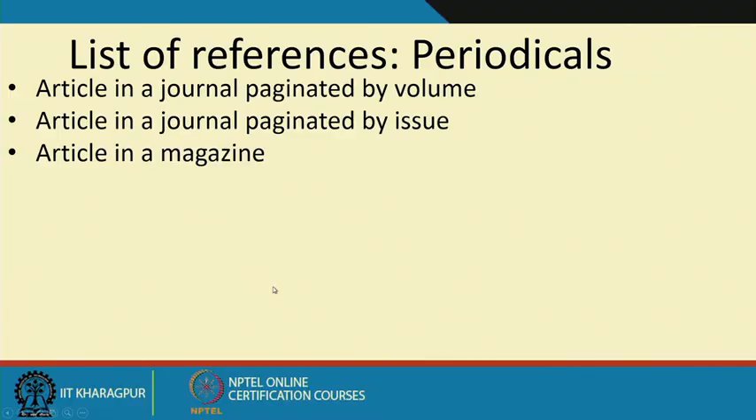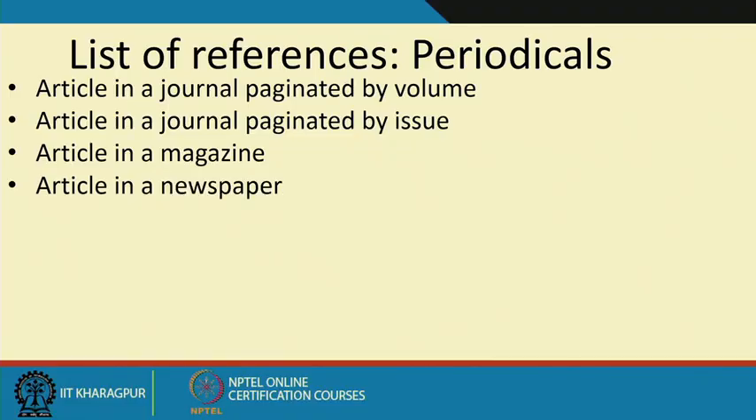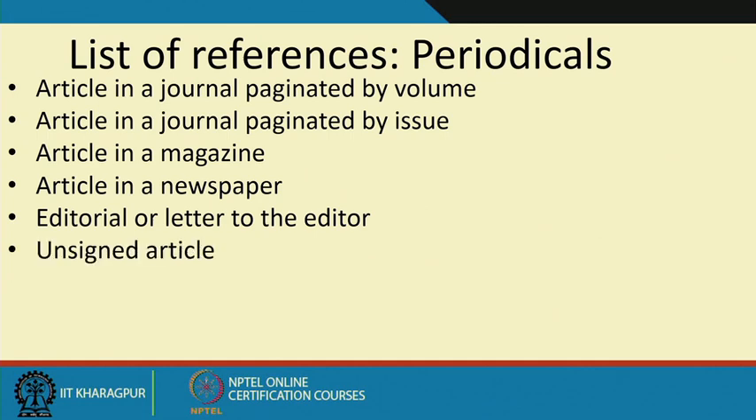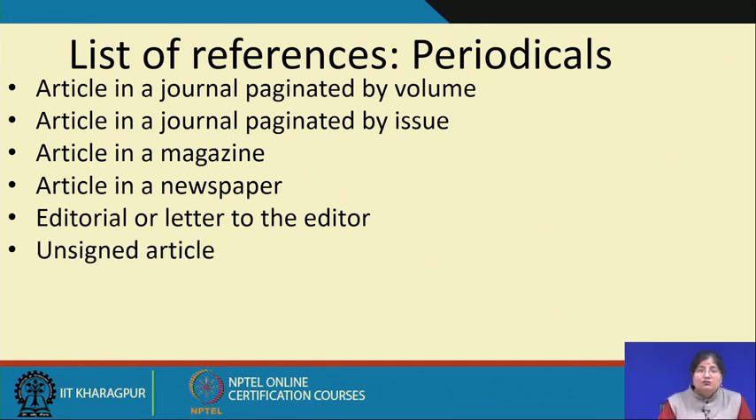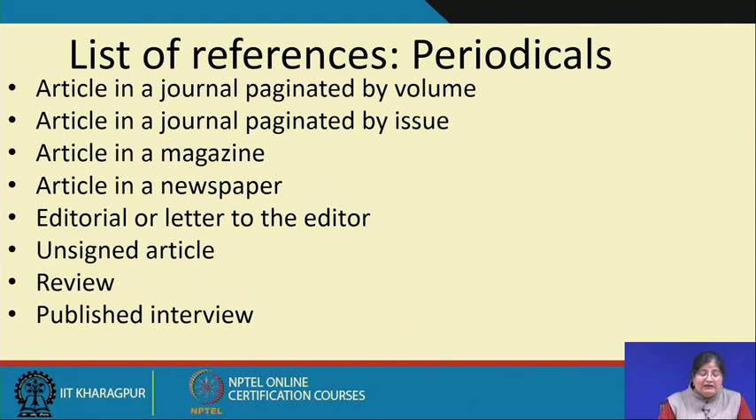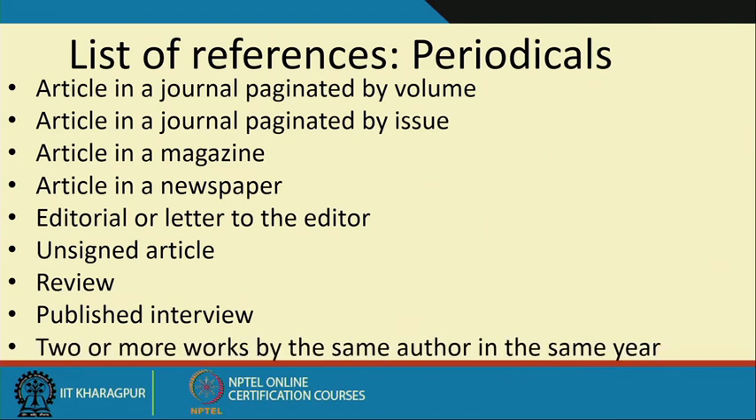Then article and the numbers. Sometimes the page numbers continue across a volume: volume 1, issue 1 starts with page 1, and the page numbers continue on to the following issues. And in other journals you will see that the page numbers start afresh with each issue. Again, there are articles in magazines, articles in newspapers, editorials or letters to the editor, unsigned articles where you don't know who the author is, reviews and published interviews,